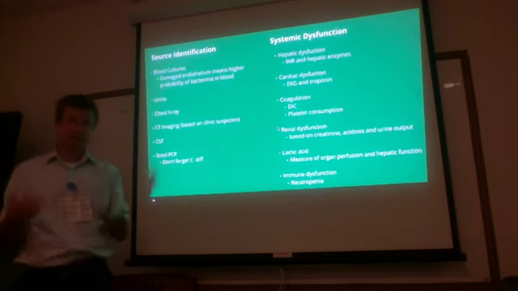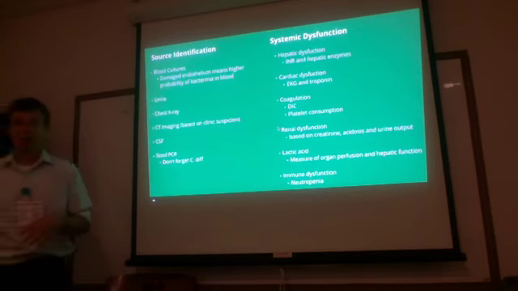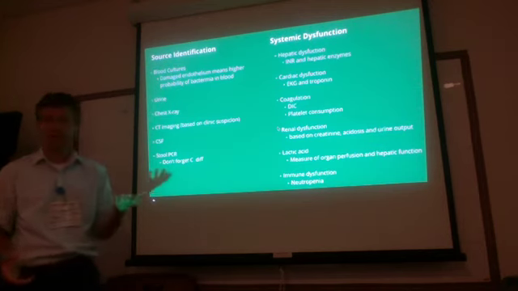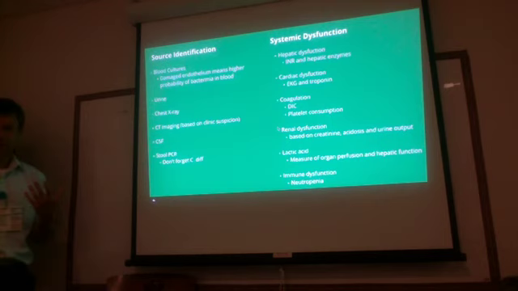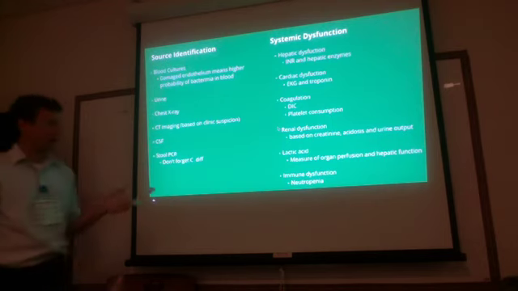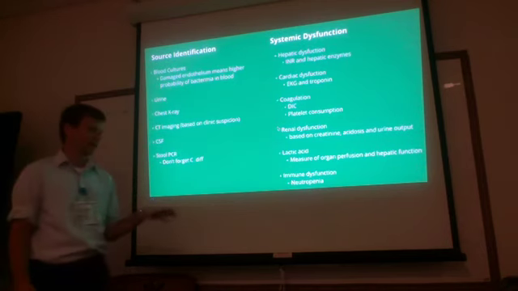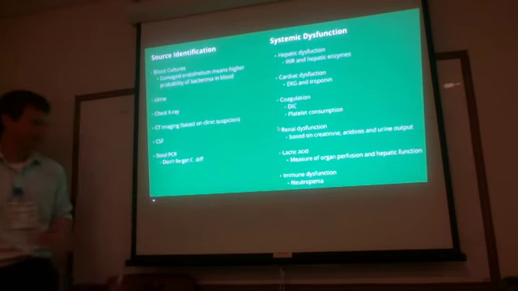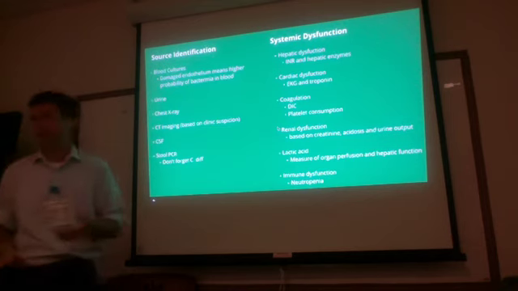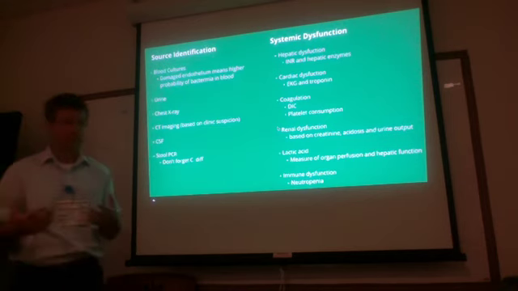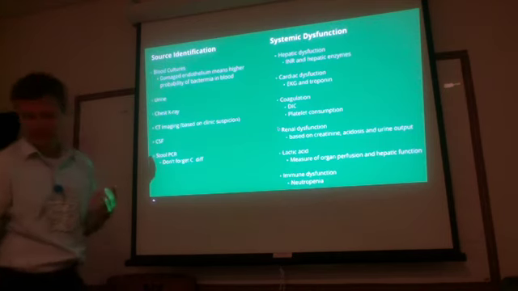The lactic acid's a really good measure of organ perfusion. So if organs aren't being perfused, they go into an anaerobic state and they start producing lactic acid, and that builds up. Your liver is also partially responsible for clearing that, and so it's probably a combination of poor organ perfusion and liver function that lead to the elevated lactate. And then we want to make sure people aren't neutropenic, make sure they have enough white blood cells around to actually deal with the infection.